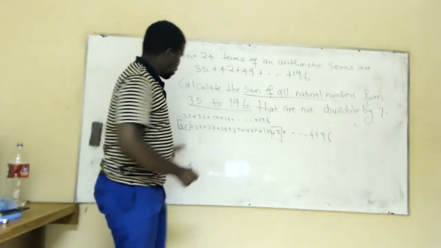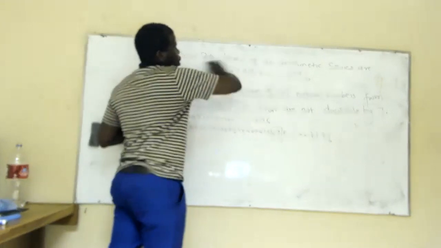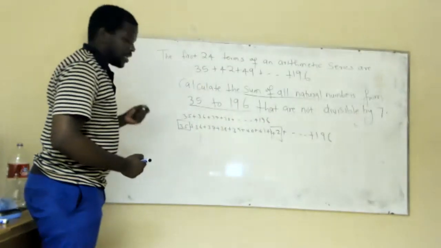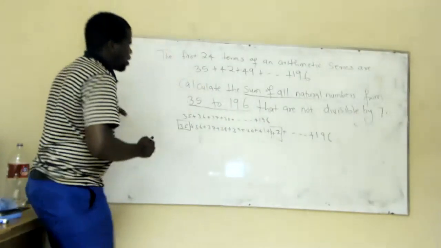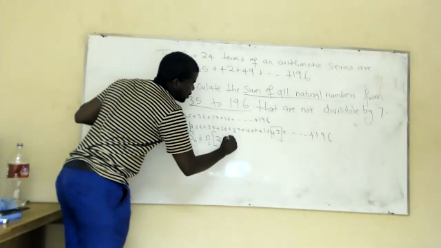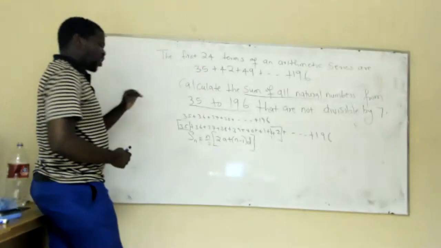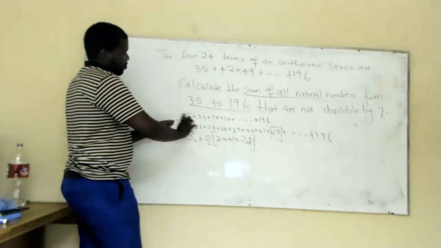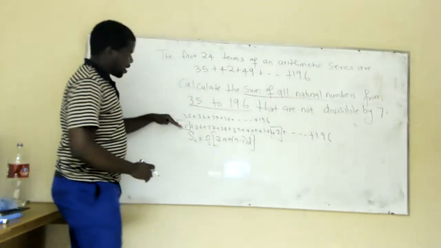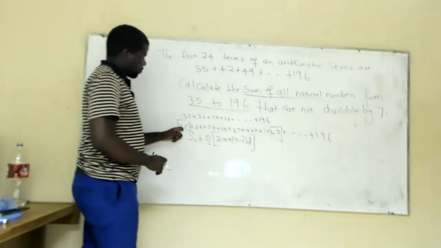So that is your task. You get the sum of this series and then you exclude the sum of the series you have up there. So now let's see how you can get to that. Definitely, the only way you can get to the correct answer is by using the formula I gave you, which is for arithmetic series. So this is the formula that will help you to get to the answer. So now, how many terms do we have from 35 up to 196? We want to get the sum of all the terms we have here, including the ones which are divisible by 7. So how many terms do we have in total from 35 up to